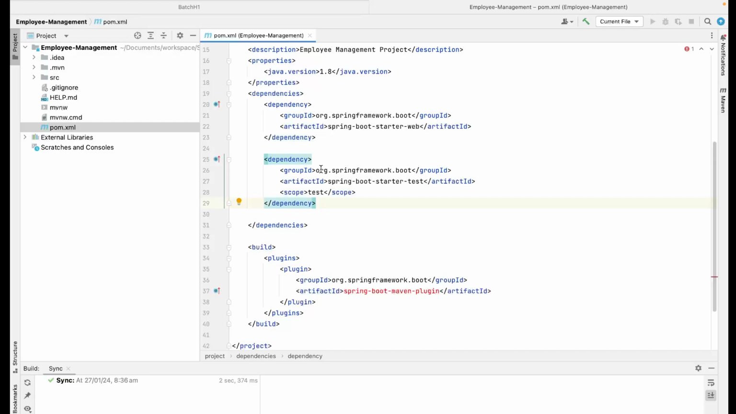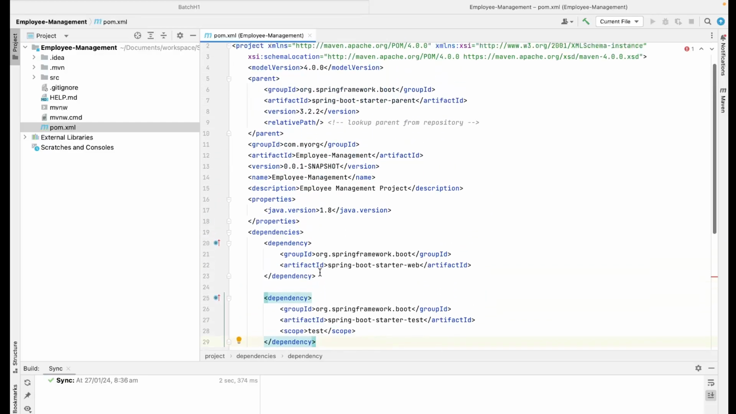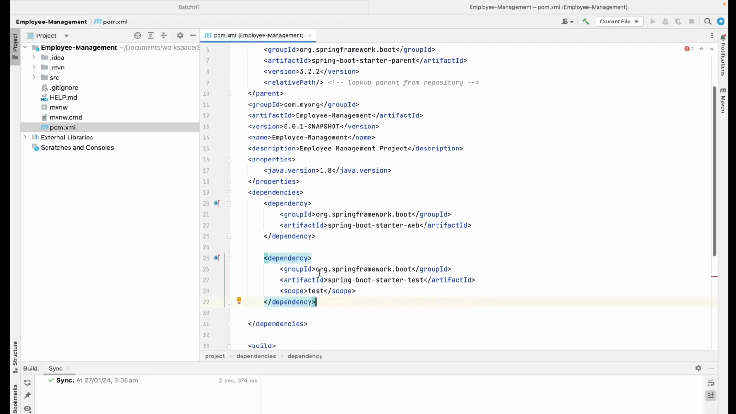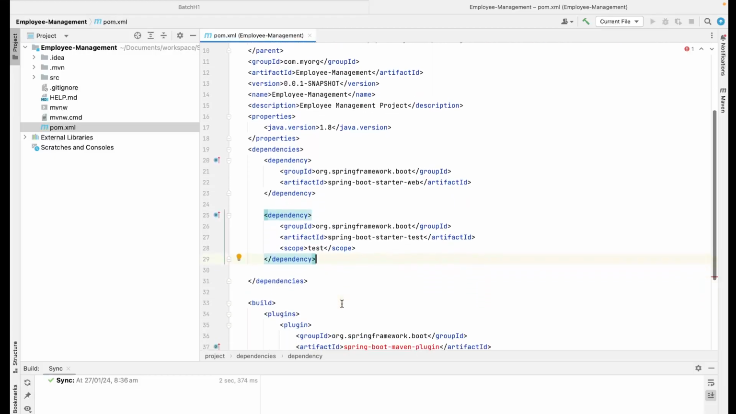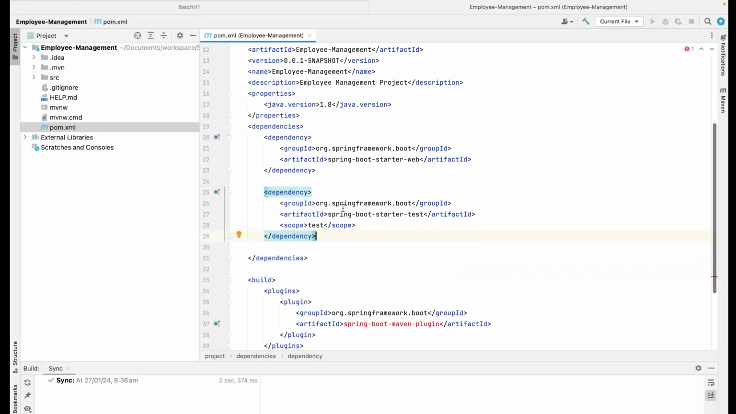So we have modified one thing, like we have modified the Java version here, and we have also added Spring Boot starter web here, and we also need some kind of